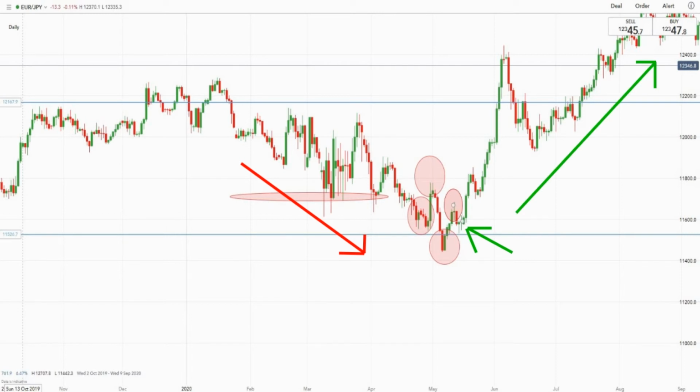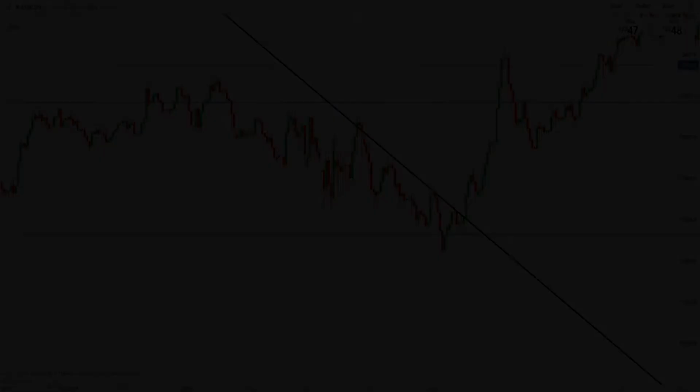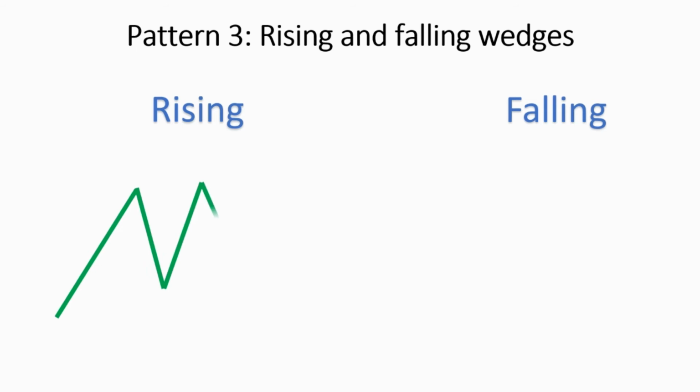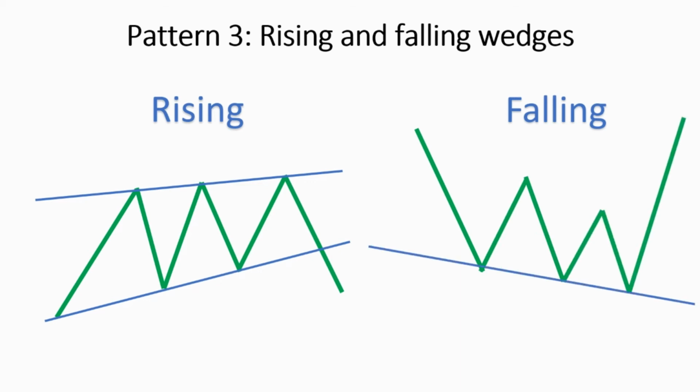Now you should notice the steep sloping neckline on this particular inverse head and shoulder pattern. As noted before, the neckline does not have to be horizontal. So third and finally we have rising and falling wedges. Now these patterns are a little more complicated, but still great indications and further confirmations that a reversal may be